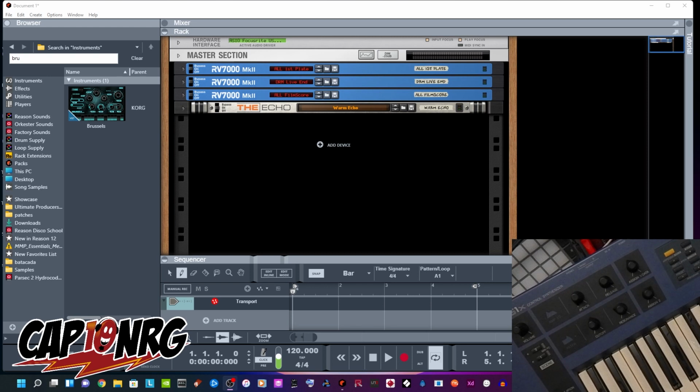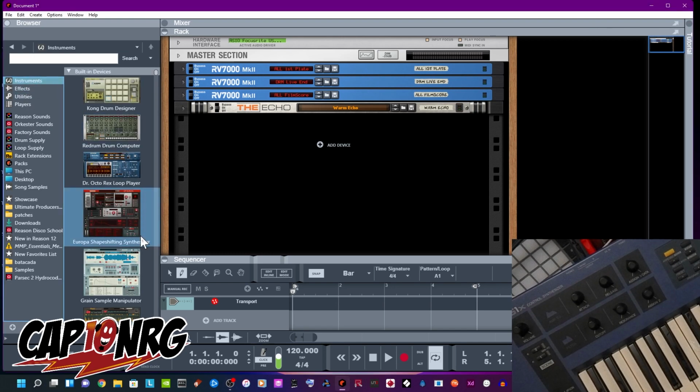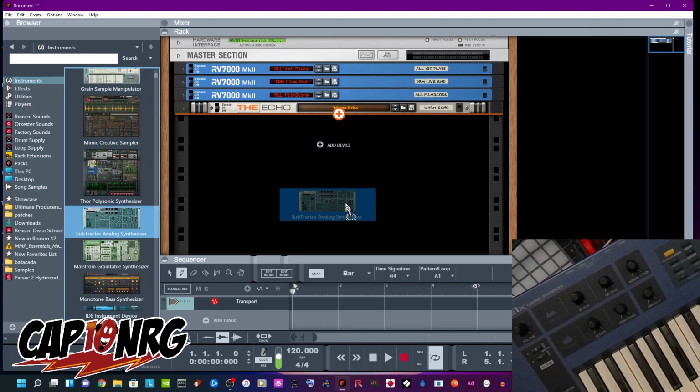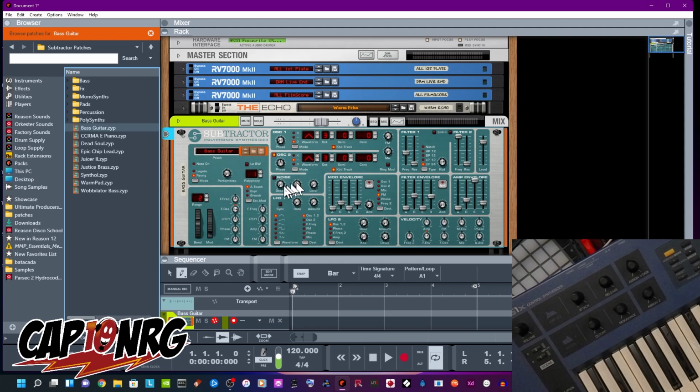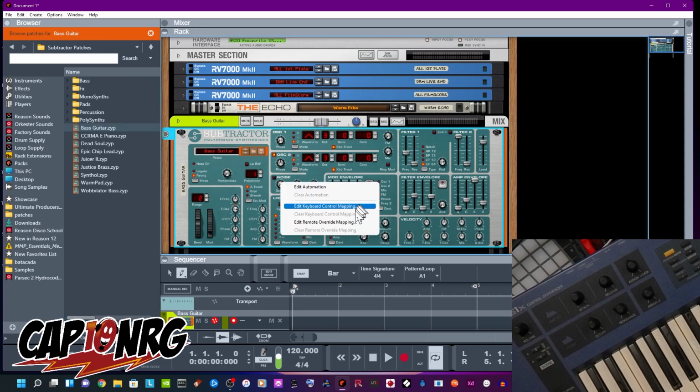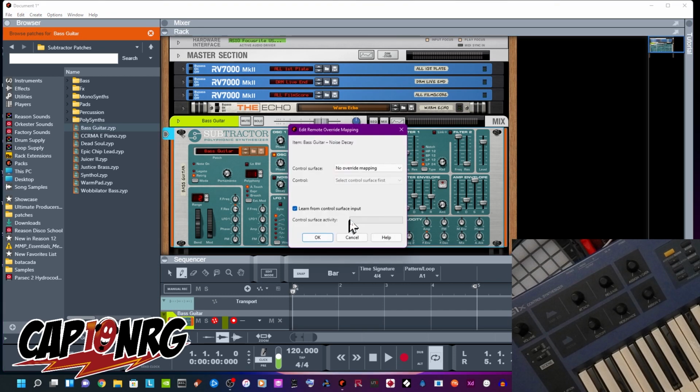They would like to know, how do you control virtual synthesizers with hardware? Well, there are a couple ways to do that. One of the ways, of course, is if the instrument is a rack extension, and you just drop it on the screen. If you right-click one of the knobs here, and then just click Edit Remote Override Mapping, and then